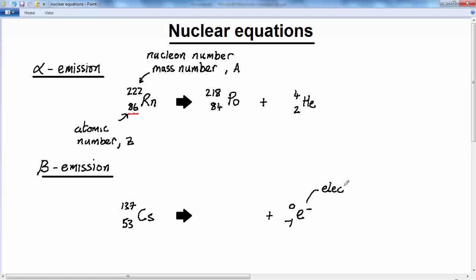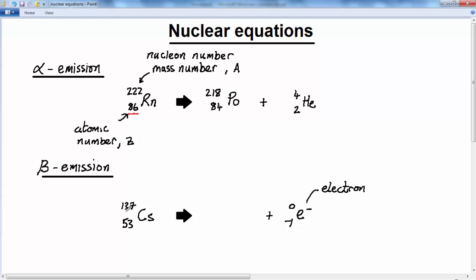So sometimes you're asked, what is the nature of these particles? All right, what is the nature of an alpha particle? Well, it's a helium nucleus. What is the nature of a beta particle? Well, it's an electron. Okay, and as a result of that, you can see, how does this equation work out